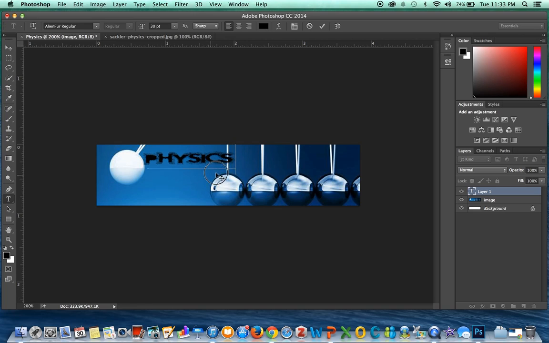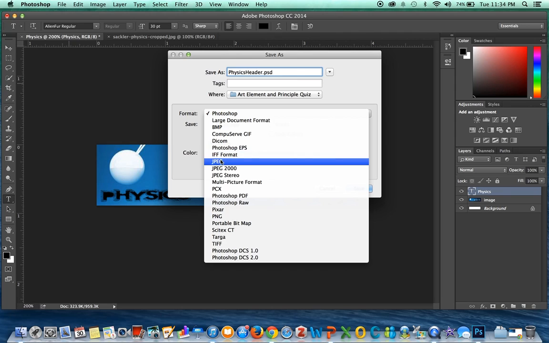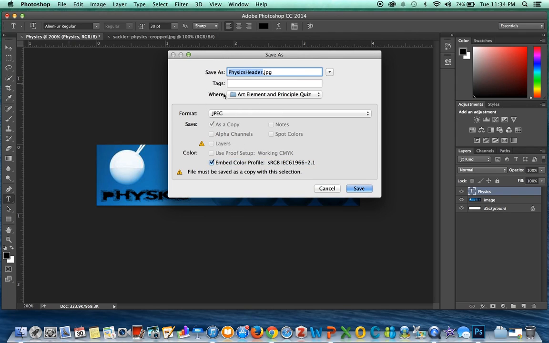And I can kind of play around again with that to see the spacing that I want. Maybe that fits perfectly there. So I could click on my background to see what that would look like when it's finished. When you do get a font that is harmonious with its background, you are going to want to go ahead and do a file, save as, and you're going to want to call it physics header, and you need to change that from a Photoshop format to a JPEG so that Weebly will allow you